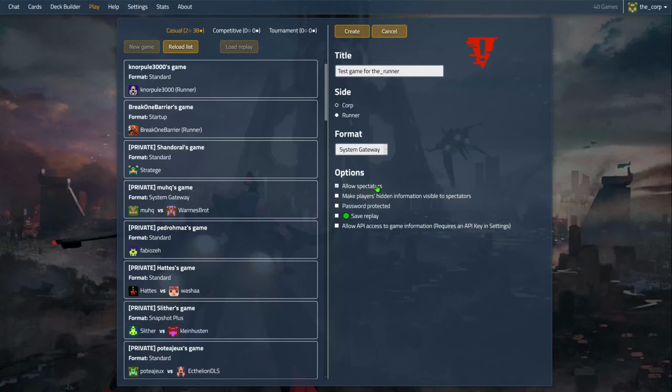This will mean that anybody who's logged in will be able to just click a button that says watch and spectate your game. There is a chat window in the game, and that person will be able to use it. So I would say allowing spectators is totally up to you, and it's good manners to not use the chat window unless you have been invited to the game, or as a spectator, or the people playing